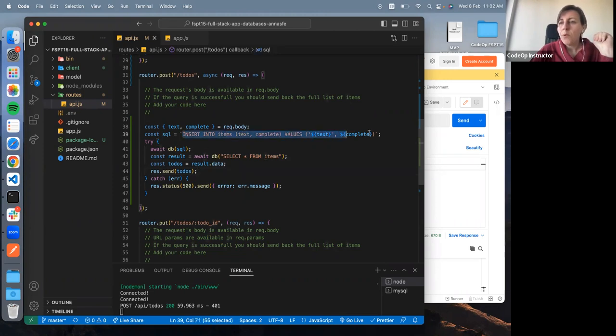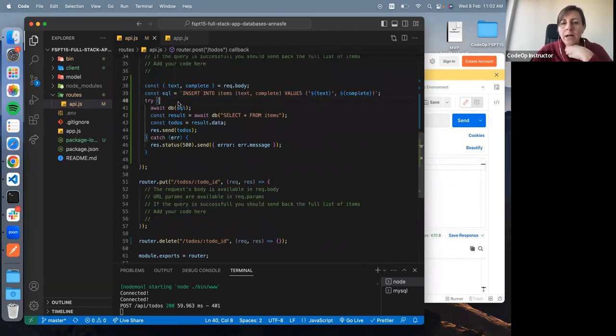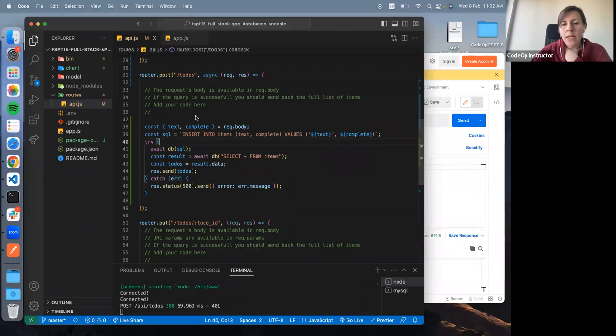So questions on the post method and on this insert. If the post, so in each case, when we create a server and an API, we have to remember that there will be a front end somewhere, and we need to let know the front end what we will be expecting from it. That's why we have this API documentation all the time that defines exactly what you need to put inside. So for example,